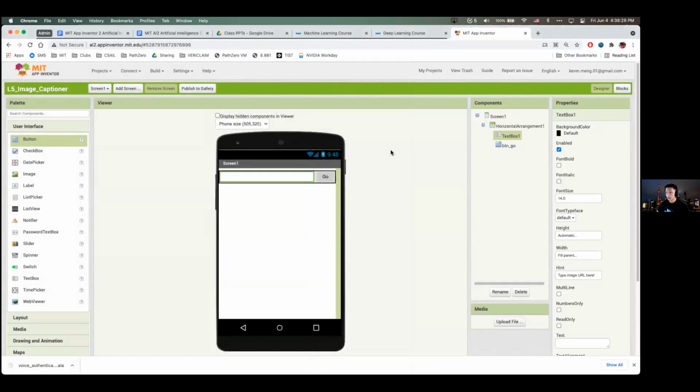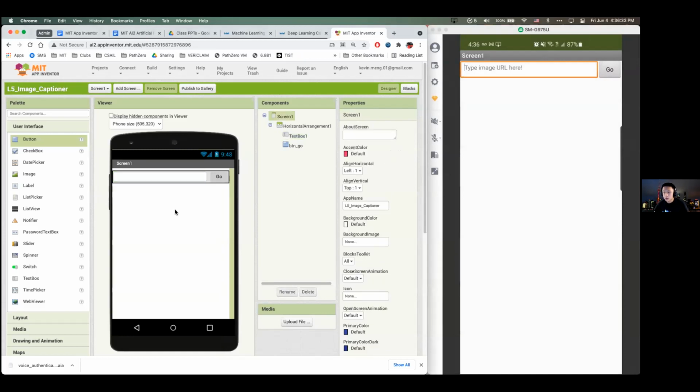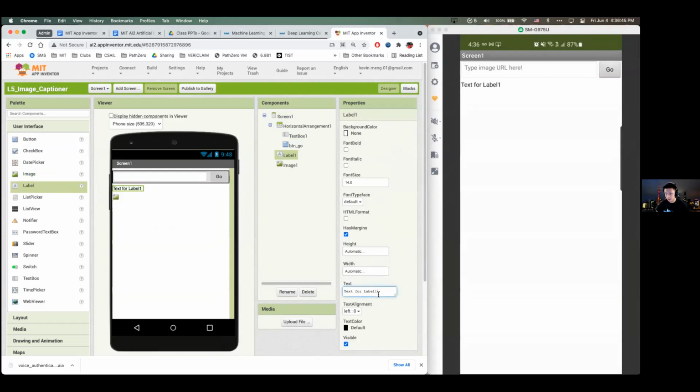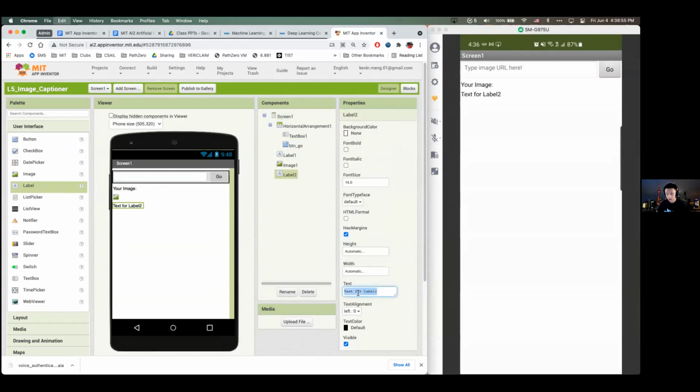All right, let me just split my screen this way so that you can see what's happening on my phone. All right, so we have this. We're going to want to display our image so that whenever somebody copies in something, it'll be there. We can paste in an image, and we can also paste in a label. This label can say your image or something like that. Now your image is going to be here, and let's also put another label which says caption